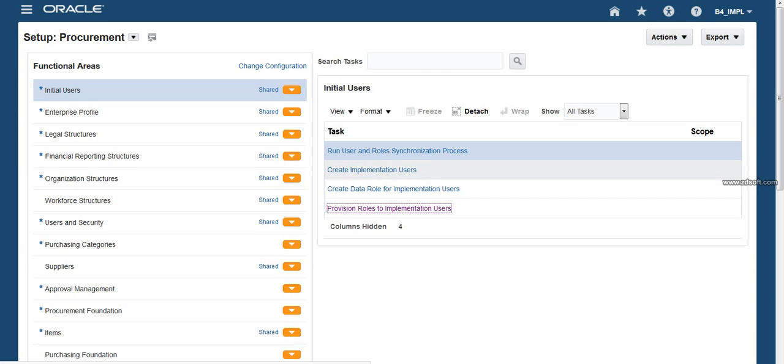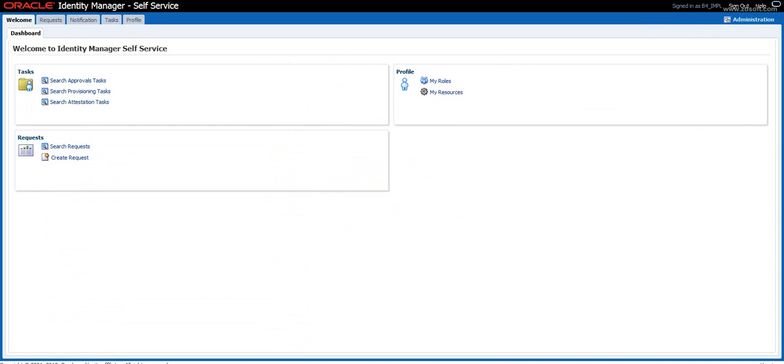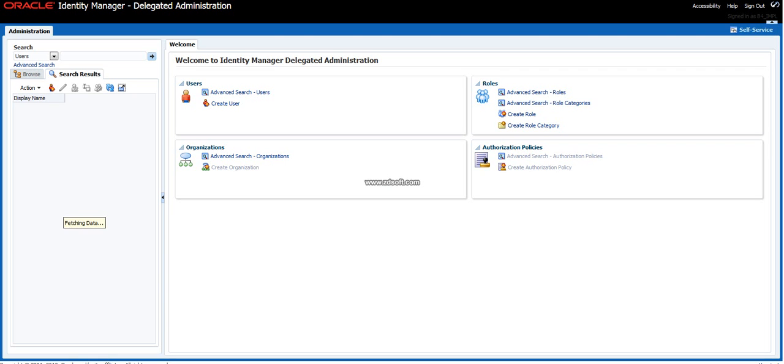If you click on that one, it will directly go to the user search page. But if you click the other, what will happen? It will go to the first page, the IDM page. There you have to click administration. Then it will go to the user page. But if you use this one, directly it will go to the user page. Anyway, it is also providing the same information. We already saw this one. Searched with user